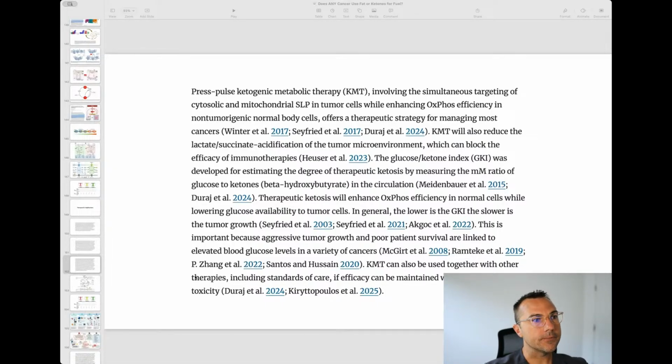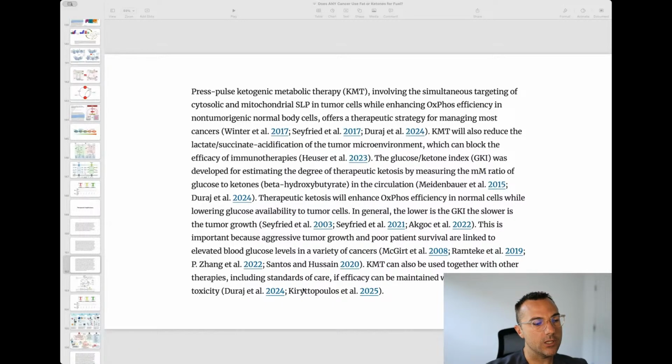And that's well known. So yeah, there are a lot of different therapies within the standard of care that can affect the efficiency and make it impossible to maintain efficacy of ketogenic metabolic therapy, and what I would maybe consider as a toxicity, a different way of looking at toxicity, right? So it begs to know what you're being put on and know what the effects are, because I guess you would call